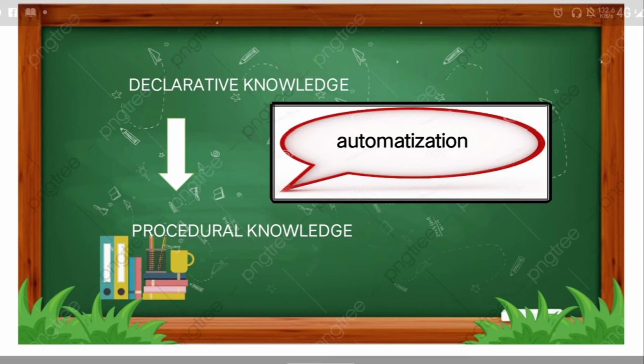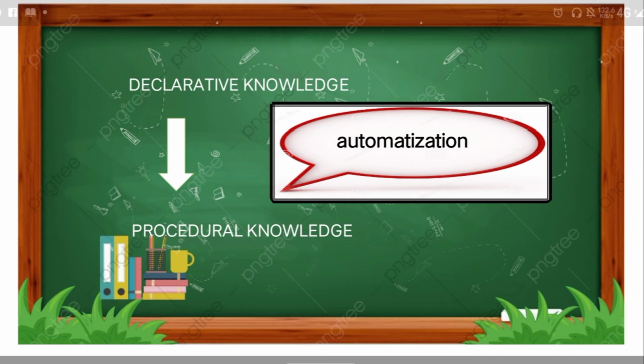According to Richards, in general, declarative knowledge is conscious knowledge of facts, concepts, or ideas that can be stored as propositions, while procedural knowledge refers to unconscious knowledge of how